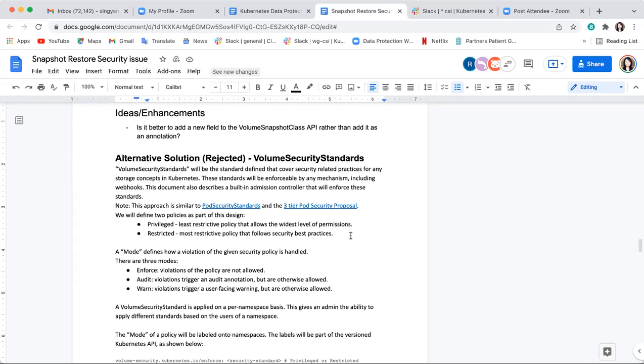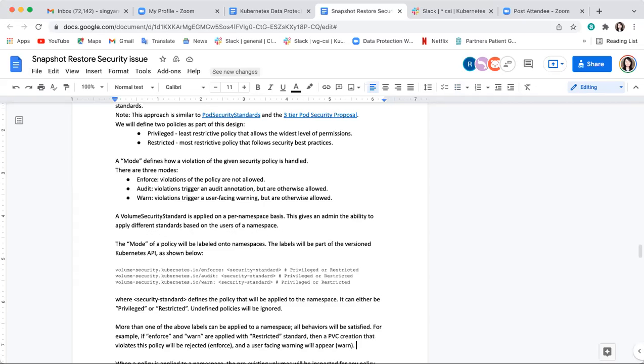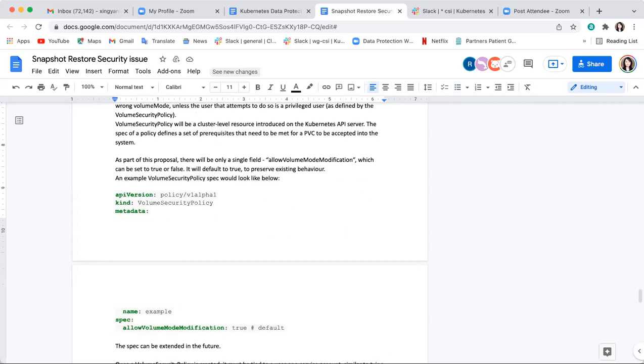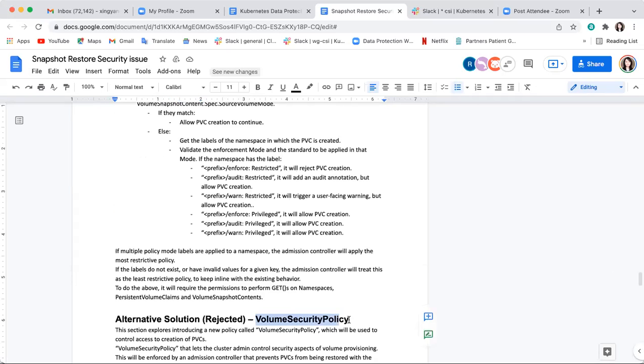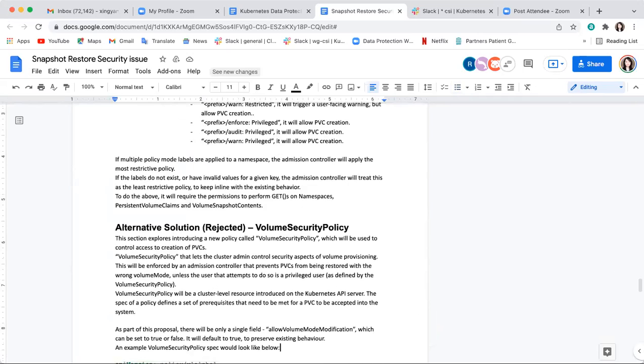I was actually wondering, now at this point, I'm thinking maybe, Ronak, we probably need to do some prototyping instead of just going through the theory. That may help actually. Yeah, that makes sense. Otherwise, I feel like we are going in circles. We're going back to this again. This was already rejected a long time ago, right? So this is the volume security policy. I'm like, okay, we're having the same volume security policy again. Why?